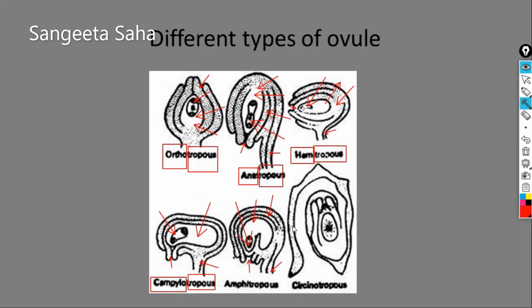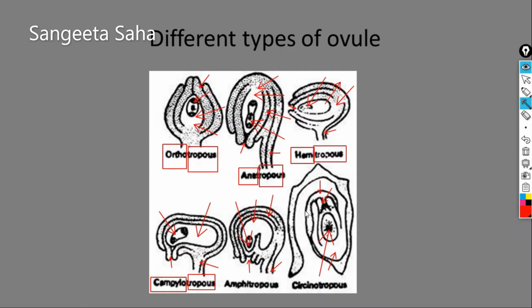The next type of ovule that we get to see is the circinotropous. In circinotropous, if we say this is the embryo sac, this one is the chalaza, this part is the micropyle, and this part is the funicle. Now this funicle